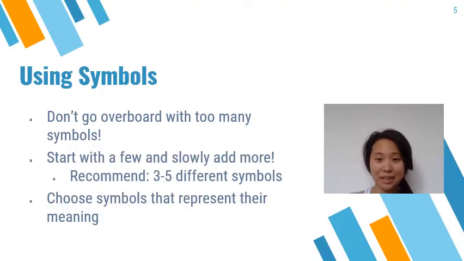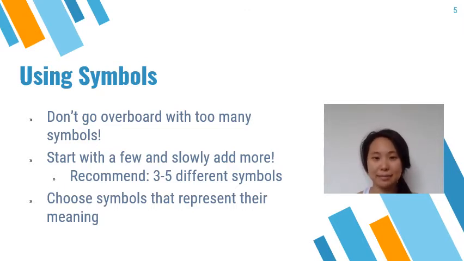In the example on the next slide, I'm going to show you how to use symbols as annotations. One thing to keep in mind, however, is that you don't want to go overboard with too many symbols. You want to start with a few and then slowly add more. We recommend having about 3 to 5 different symbols that you use consistently across different readings. Also, choose symbols that are going to represent their meaning. It's nice to have a page with fewer words, but you also have to make sure you remember what each